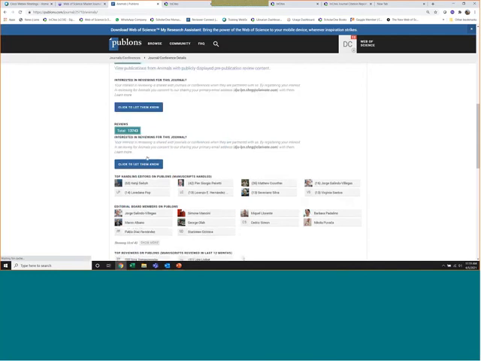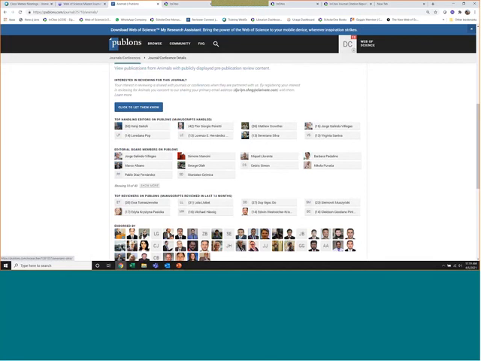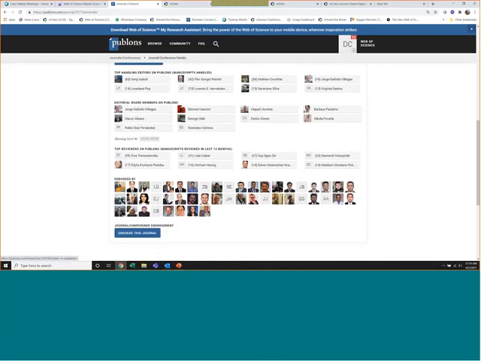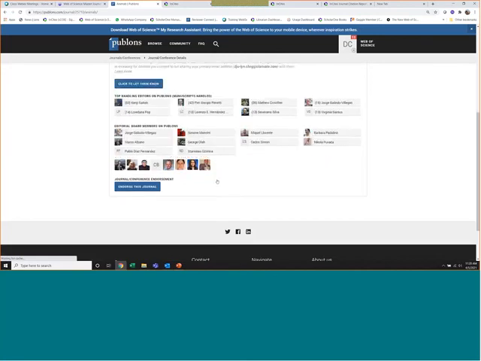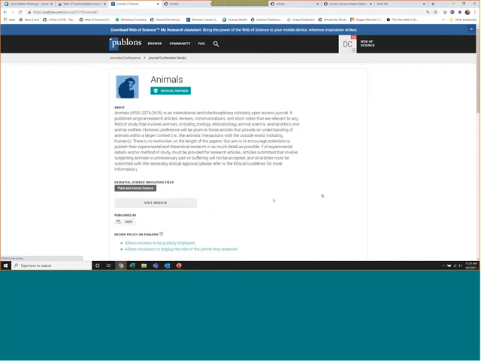You can also see who their editors and editorial board members are, and whether it has been endorsed by any of the research community in Publons. This is an added level of verification that you can do for any journal that you want to publish in.